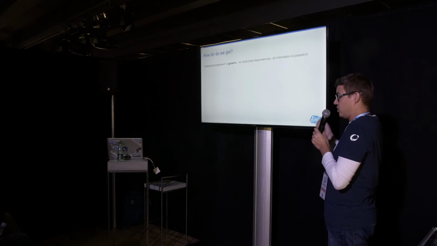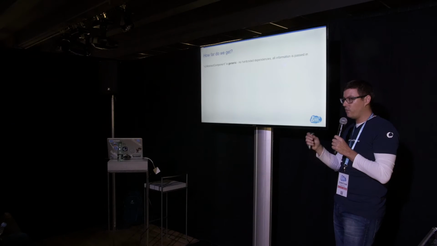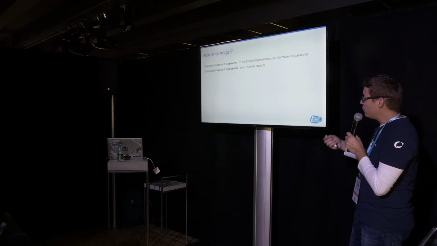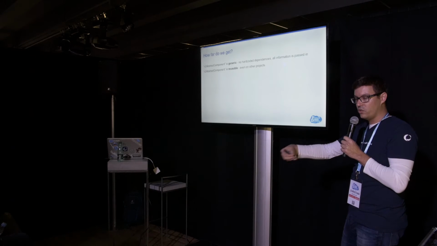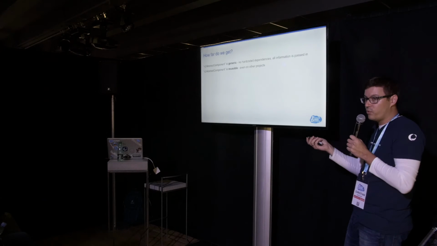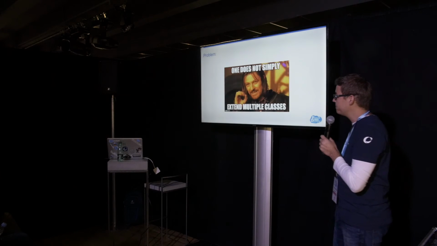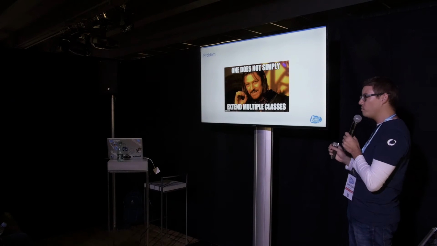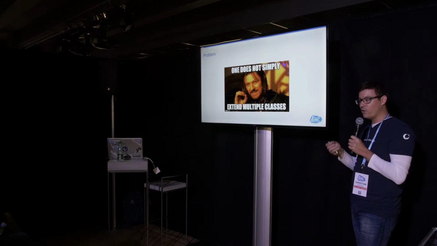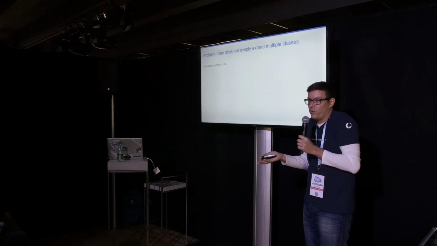Actually, it's a generic component, because my abstract class does not have one line of hard-coded code, so it's totally reusable. All information is passed in to that component, and so I can reuse it even in other projects. I just have to copy and paste it. But I still have one problem. One does not simply extend multiple classes. Okay? So inheritance is always one-to-one. That's also a principle.